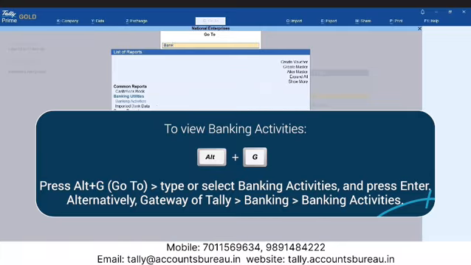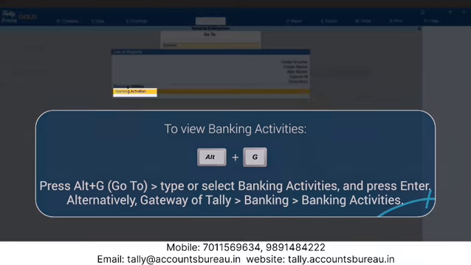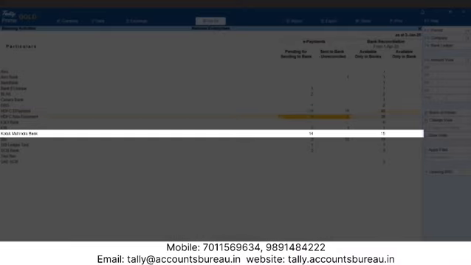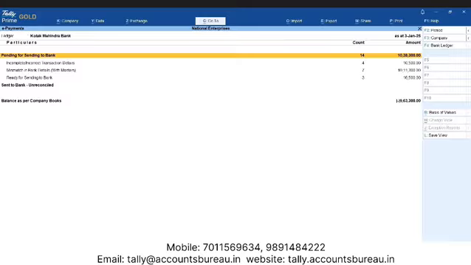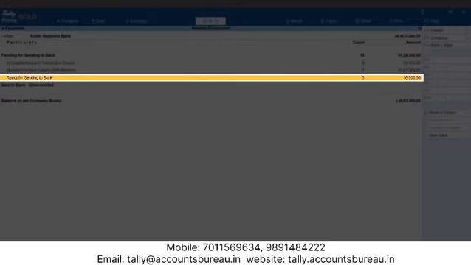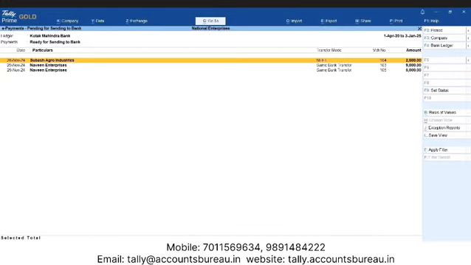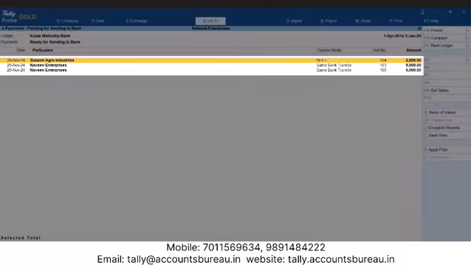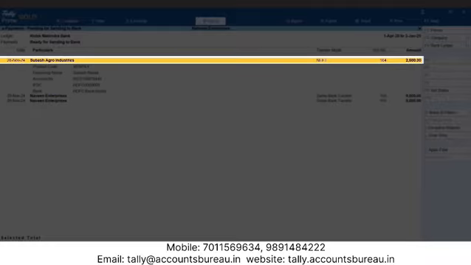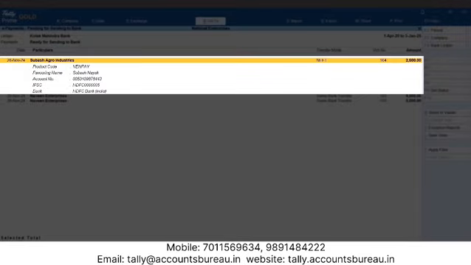Type or select Banking Activities and press Enter. Let's drill down from the relevant bank ledger. Now, let's further drill down from the Ready for Sending to Bank section. Here, you can view the transactions that have all the necessary details. Press Shift Enter on a transaction and you get to know more details.